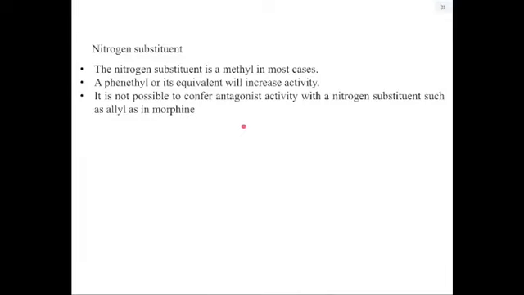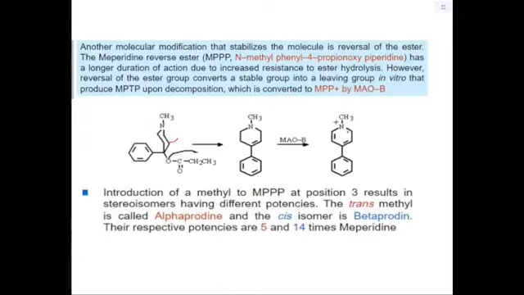The nitrogen substituent is a methyl in most cases, and we have seen that, of course, in most cases, because in anileridine